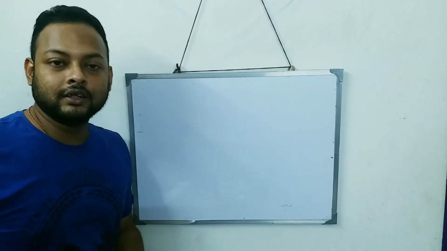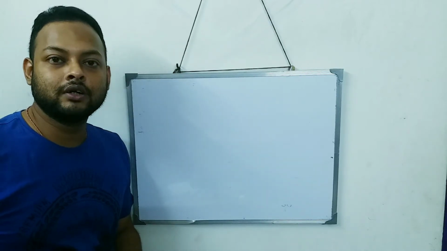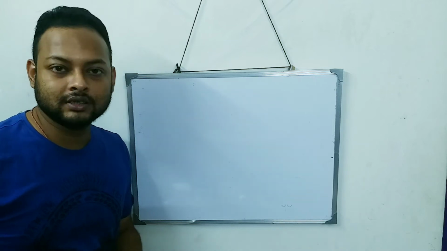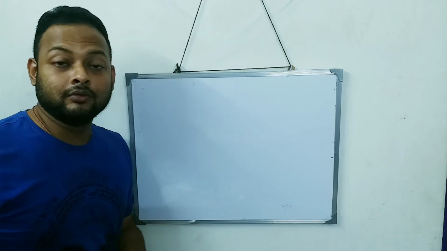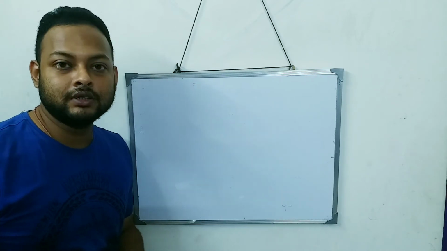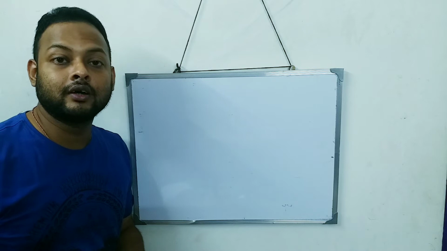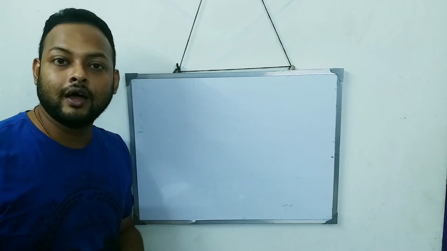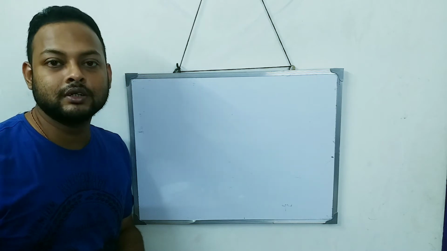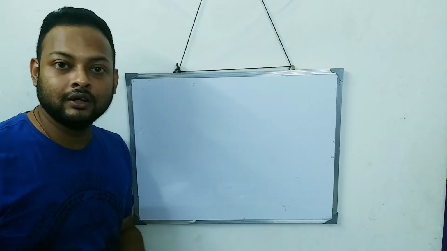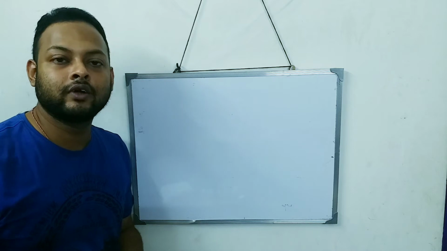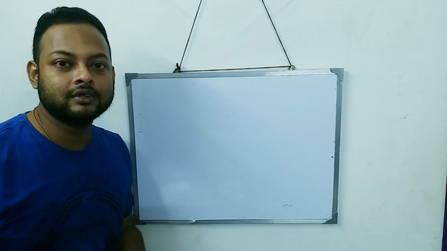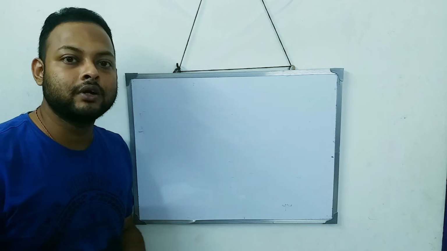We are discussing the chapter physical quantities and measurement, and we have done the first lecture of this chapter where we have discussed how the term density comes, where the volume is the same and the masses are different, and where the mass is the same and the volume is different. And we have also learned how temperature can affect the density. When the temperature rises, volume also increases, consequently the density will decrease.